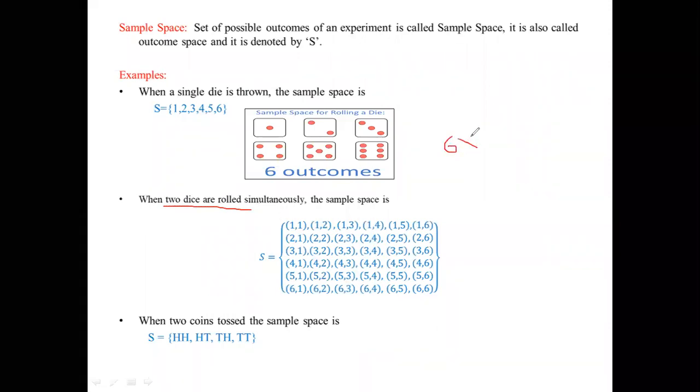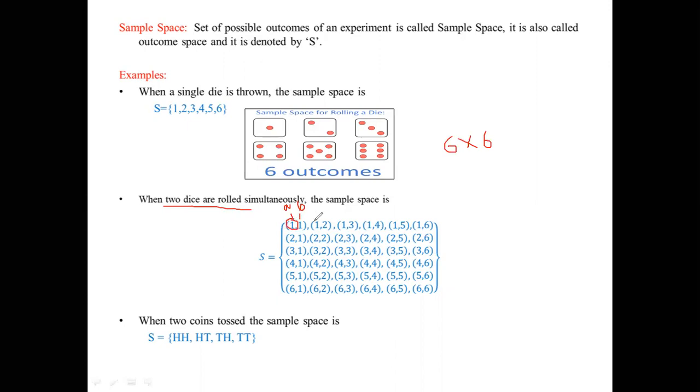Since we are rolling two dice, we get 36 combinations. Those 36 combinations are like this: 1 1, 1 2, 1 3, 1 4. In each pair, for example 1 comma 1, the first number represents the outcome of the first die, let us consider it A, and the second number represents the outcome of the second die. So in the first die we got 1 and in the second die also we got 1. So the combination is 1 comma 1. Similarly for the remaining pairs.